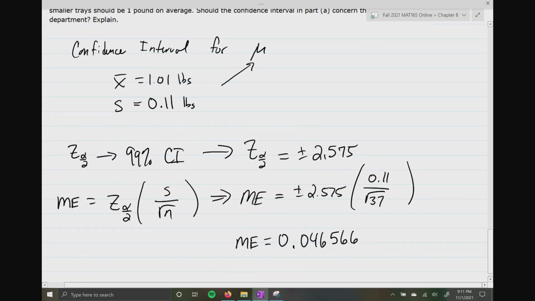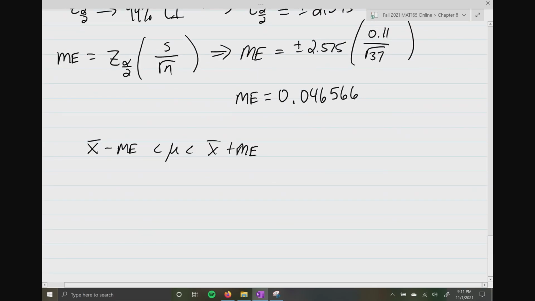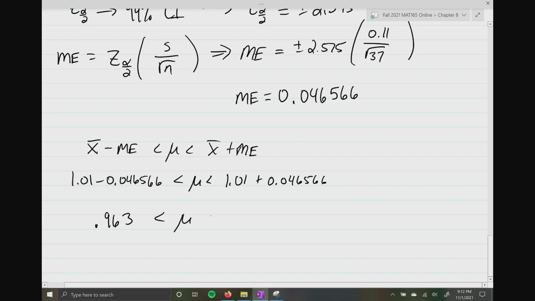So the mean was 1.01 minus 0.046566, which is less than mu, which is less than 1.01 plus my margin of error, which is that big decimal number again. So 1.01 minus my error, rounded to 3 decimal places, it's going to be 0.963, which is less than mu. And then my upper limit is going to be, well,